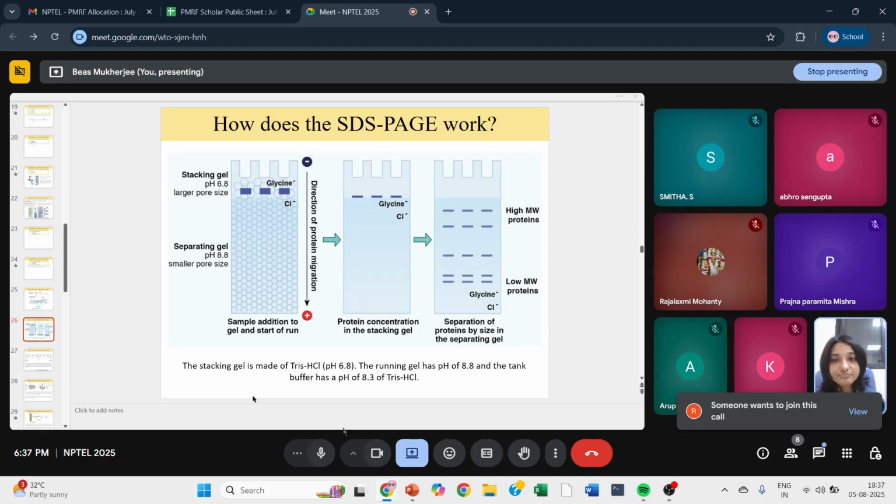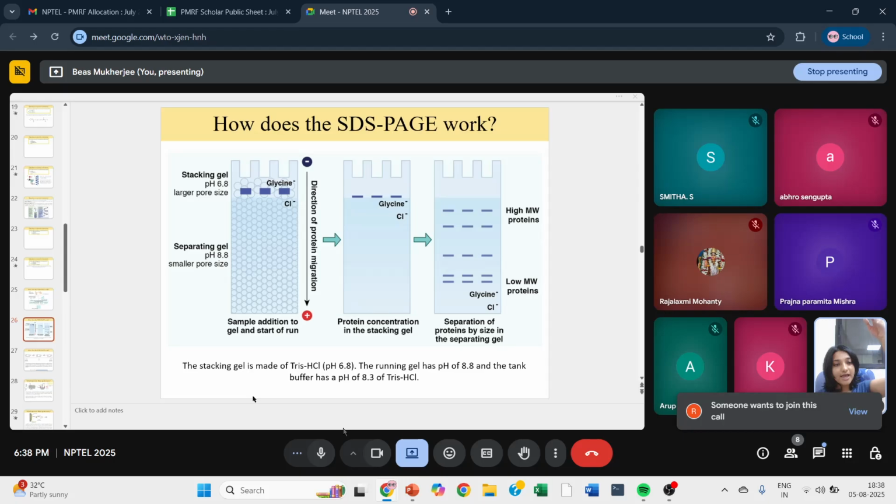So see, in the stacking gel, in the buffer, there is a lot of chloride ion, there is a lot of glycine, and there is a lot of SDS. Okay, in the stacking gel, the charge of glycine is such that the glycine runs above the protein. Your protein is like a sandwich in between, and then the chloride ions, obviously it is smaller molecular weight compared to the protein, so it will run faster than the protein.